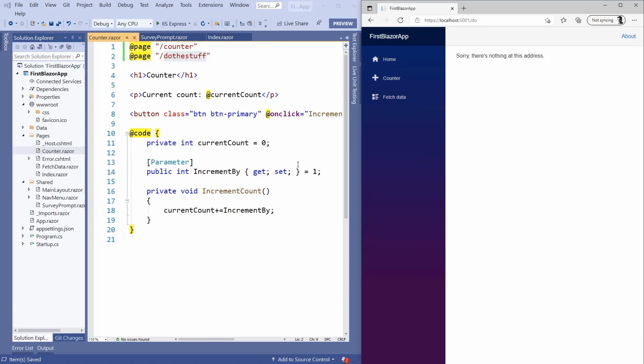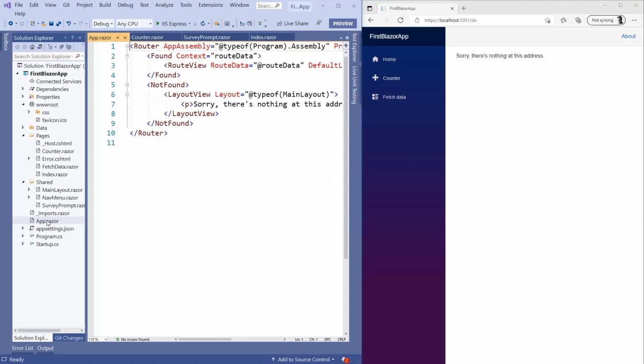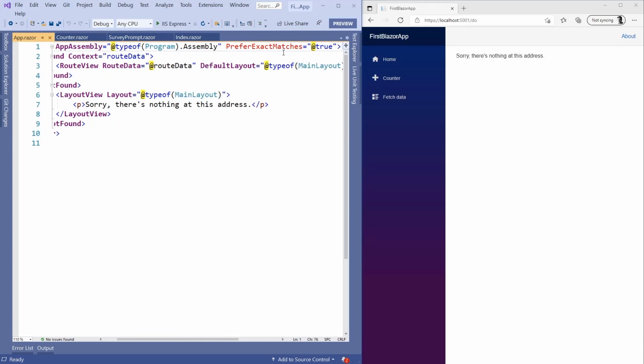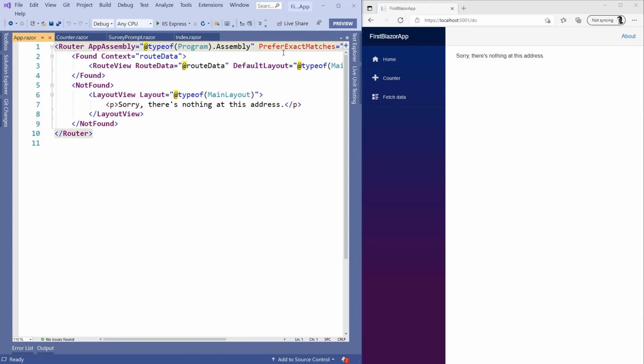Well, over here in our Blazor application, there is App.razor. When we click that open, we'll see there is a router that's defined for our application, and it specifies exactly where to find all the Razor components for this application. And it will indicate up here on the first line that it prefers exact matches. It wants the exact matching address inside that URL bar. And it also wants to find exactly the location, the name of that component inside of the various assemblies that it may look at. Now we see right at the top that it's going to look at the app assembly